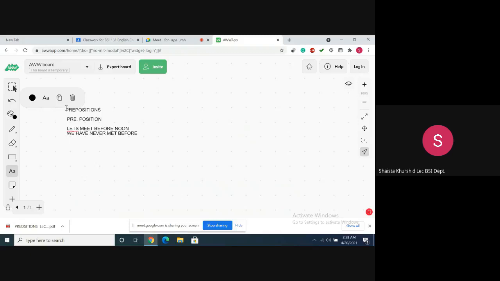Okay. Now, in these two sentences, there is a preposition "before" and another "before," right? In these two sentences, there is the same word, but in the second sentence, this "before" is working as an adverb because it needs an object. So a preposition is not a preposition unless it goes with a related noun or a pronoun called the object